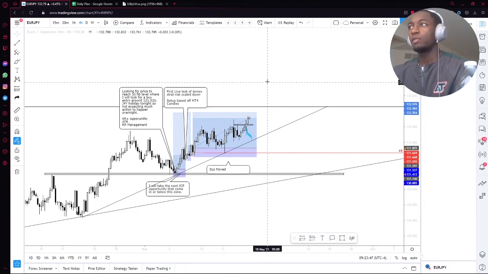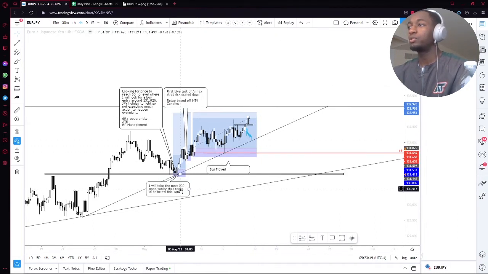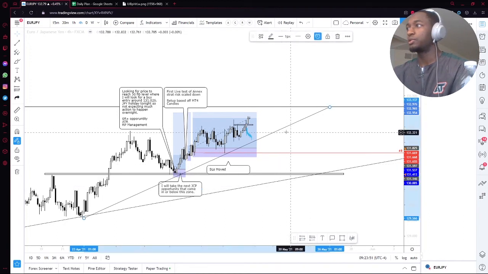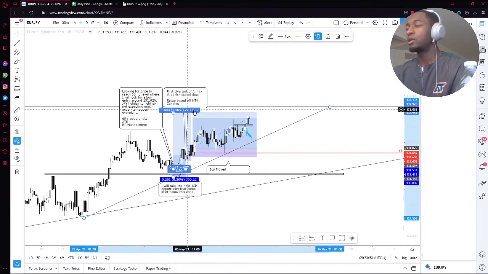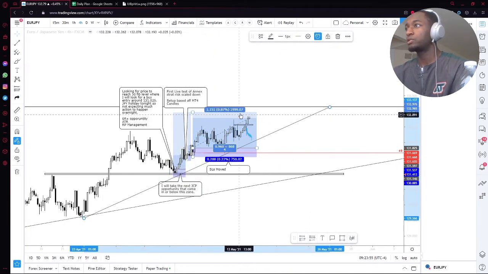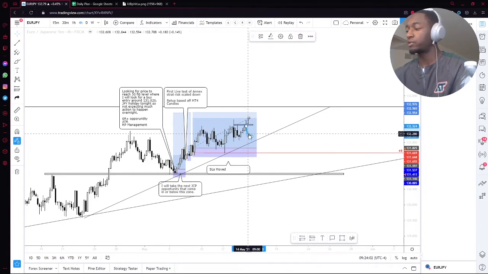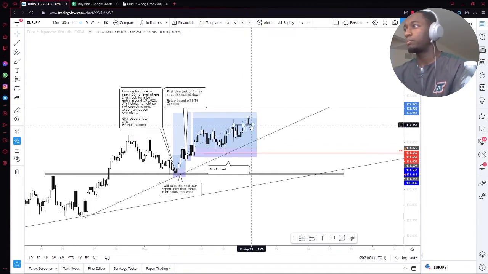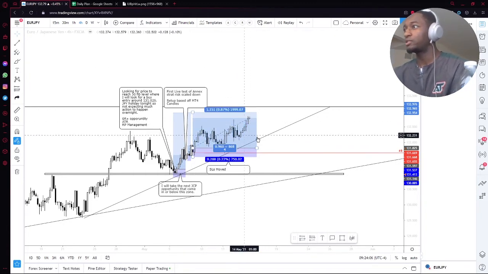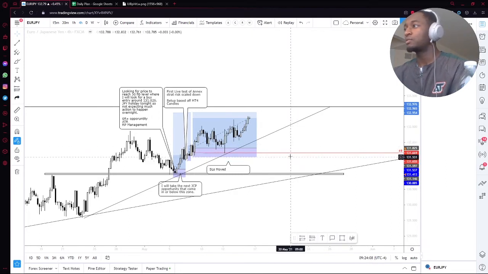Okay, and was able to do what I was supposed to do in that situation ultimately. Come Sunday, Monday, I am looking for targets to be hit. I'm looking for price to continue pushing up. Still nothing telling me that price is due for a reversal anymore. Price has broken out of these highs, which means I'm supposed to move these stop losses up. So Sunday night, I'm going to be moving these stop losses up.